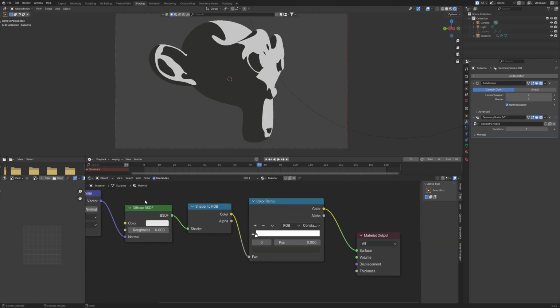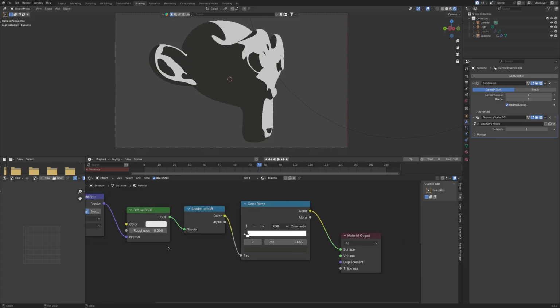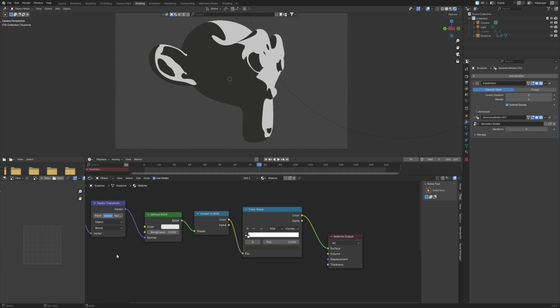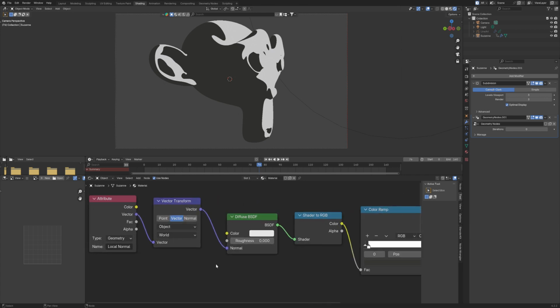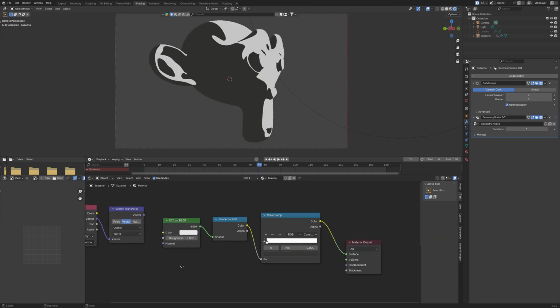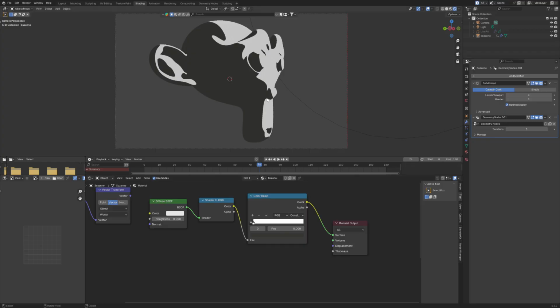This assumes you already know how to use the simple setup to do a non-photorealistic rendering. If you don't, just look up Blender, toon shader, EEVEE, whatever. You just put a shader, make it RGB, color ramp to make this fine area with the constant, put a material output. You can do it in 10 seconds if you get good at it. Now the problem with this setup is